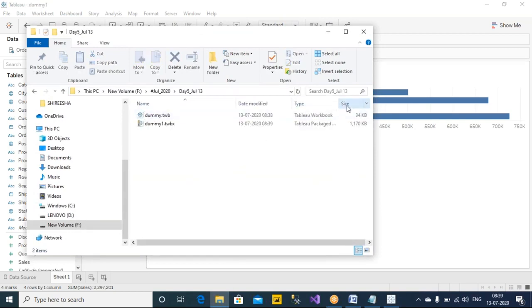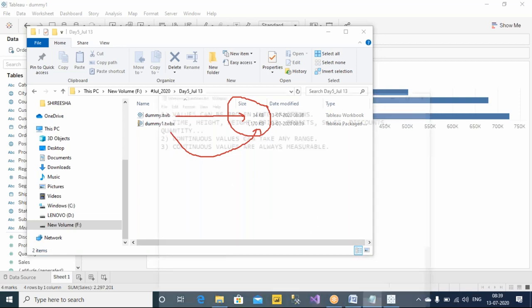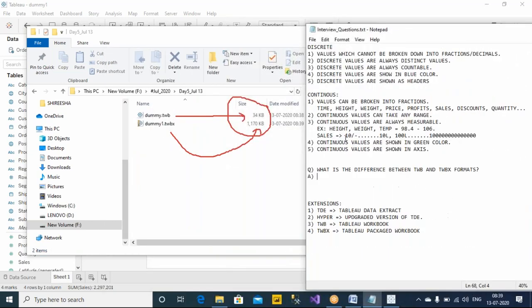So in this folder now we can see that it is saved in TWB and TWBX. Observe here this part. The size of the file is very small when it is saved as TWB, and the size of the file is a little big when I save it as TWBX. So what is it saving here in TWBX, which is not getting saved in TWB? So a very simple answer for that is,